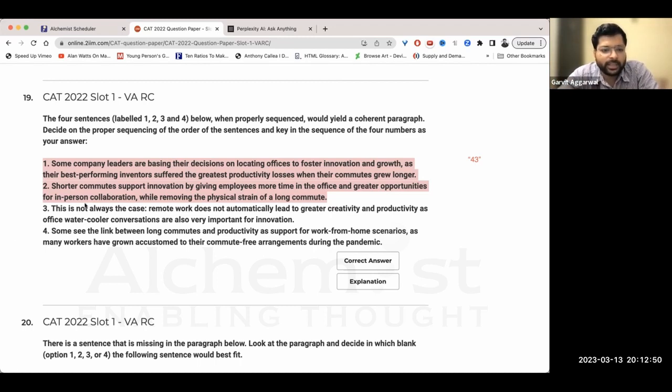My point being, this one is showing a direct correlation of what happens when X happens. Like X happens, Y happens. यहाँ पे some of those Y's have been taken, and that is why the company leaders are basing their decisions on locating offices to foster innovation. And innovation की तो बात ये भी कर रहा है, innovation and growth. अच्छा,